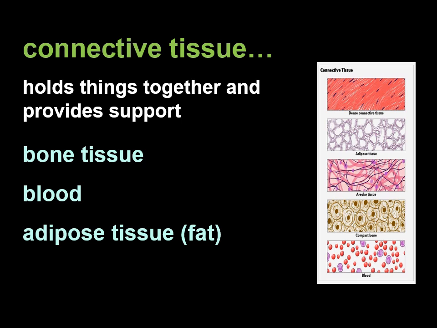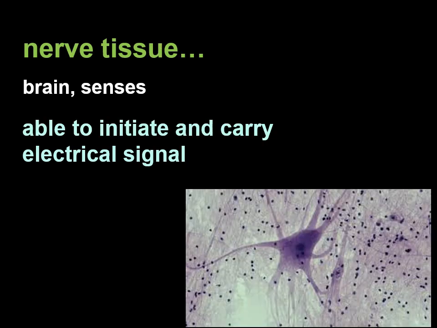Also, there's a thing called connective tissue. A lot of parts of your body are made of this, such as bone tissue, and even blood is considered a tissue. It's made of cells, obviously, which are similar in nature, and they have the same job to do in your body. And then fat tissue, or adipose tissue, is another type, and these are all connective tissues. Nerve tissue, completely different from other types in your body. Your brain, your nerves going different places. Most of your sense organs are considered nerve tissue, and these have the ability, obviously, to carry an electrical signal. That's how they work.